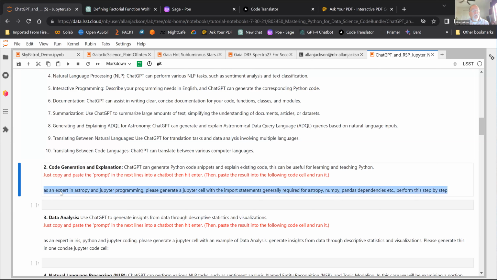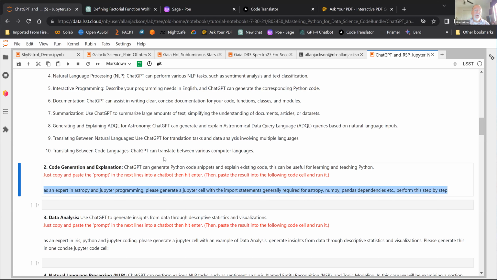And this one is dealing with code generation and explanation. Basically, it's supposed to generate a Jupyter cell with the import statements that are required for AstroPy, NumPy, Pandas, etc., and to do it in a step-by-step fashion.